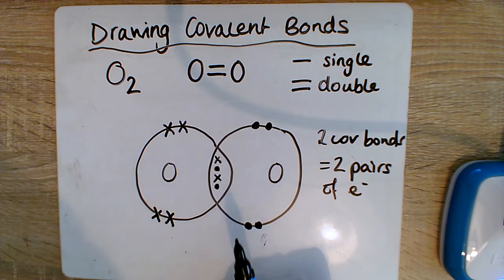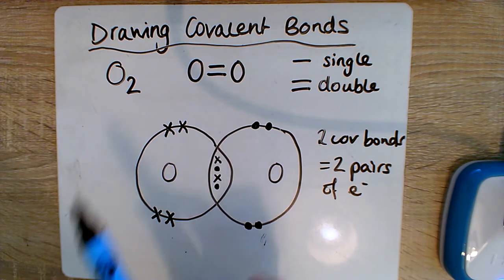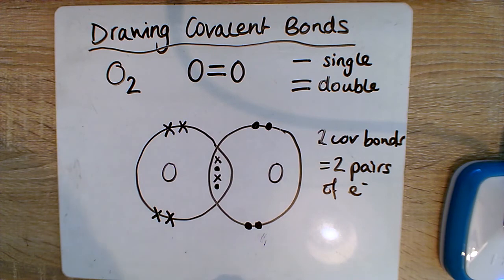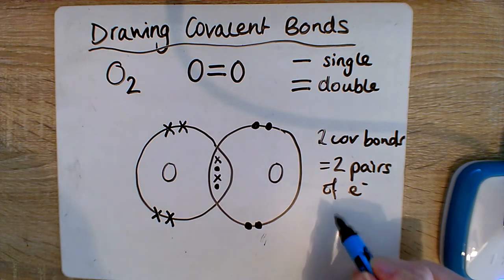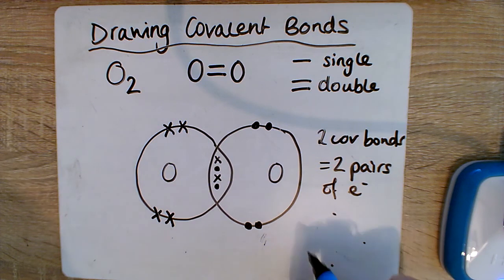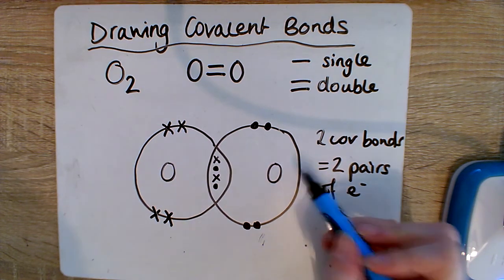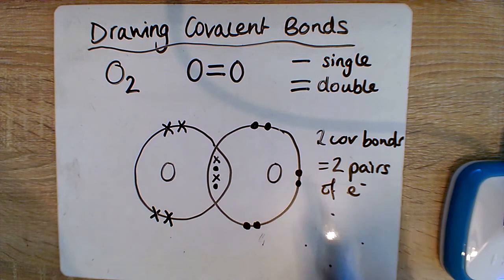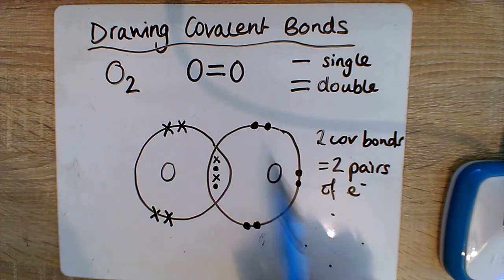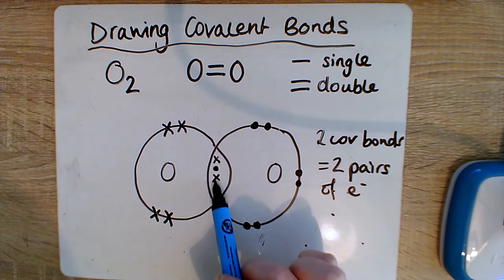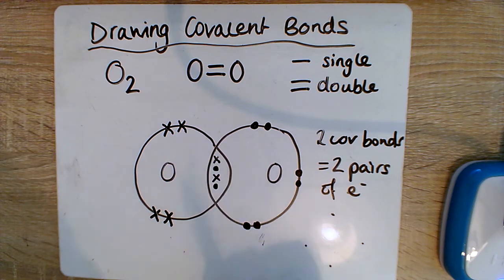Now, often a mistake people make when they're drawing these is they get a bit carried away with how many electrons they add in, because we're used to having our electrons at the top, the right, the middle and the bottom in our circles. We just pop a pair in each of those. However, if I was to do that this time, so let's say I filled in all the gaps, this oxygen has got 1, 2, 3, 4, 5, 6, 7, 8, 9, 10 electrons,